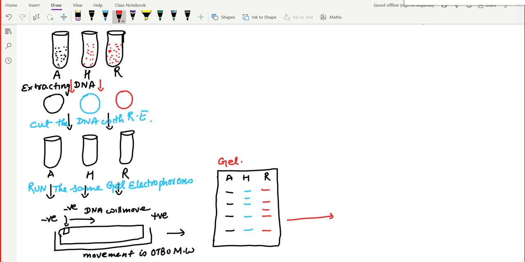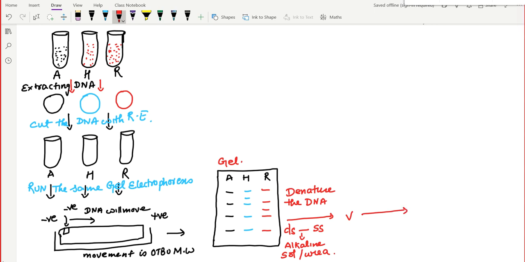Now the first thing I'm going to do is denature the DNA. It means I'm going to convert this double stranded DNA into single stranded DNA. The reason for the conversion I will tell you later. For now we are just converting it. How are we going to convert it? With the help of an alkaline solution, or you can also utilize something called urea, and we're going to convert them into single stranded sequences. Now after doing this, the diagram will be the same. I'm not going to draw it.